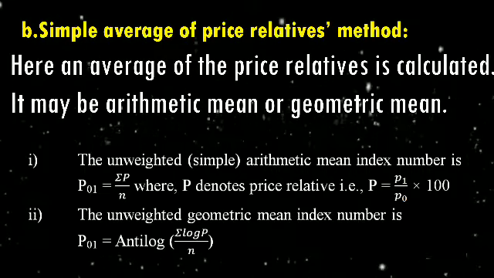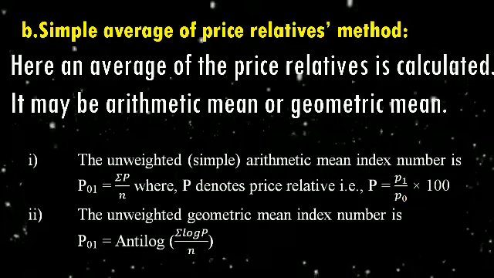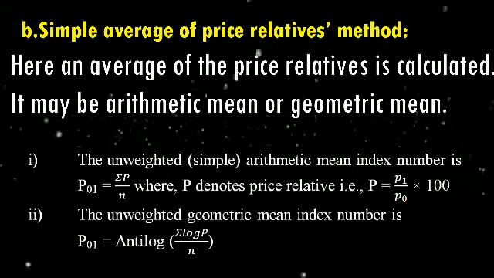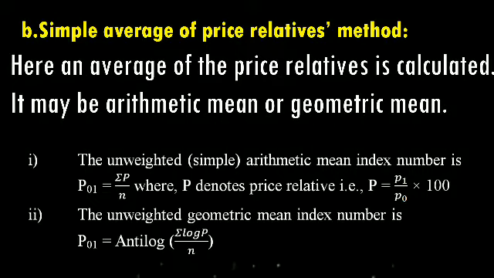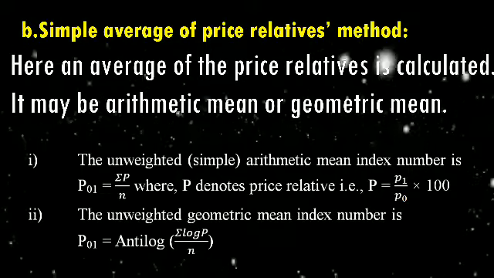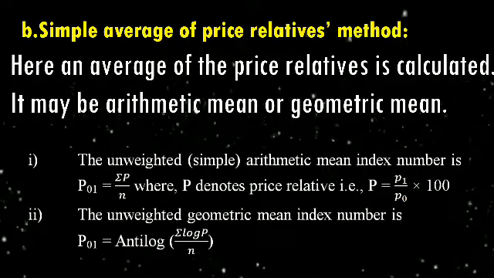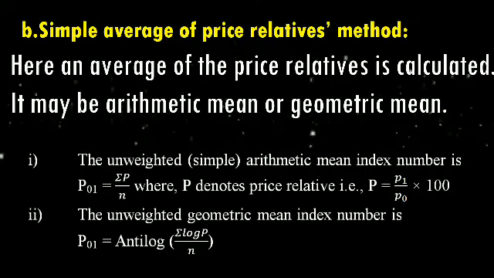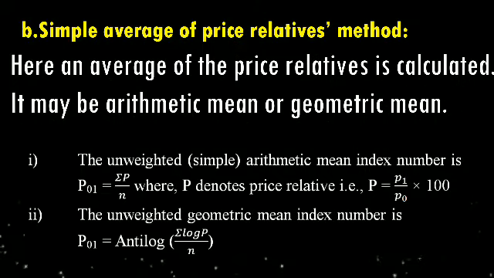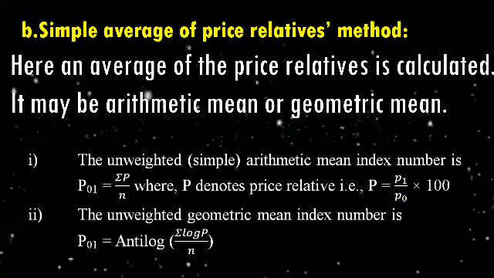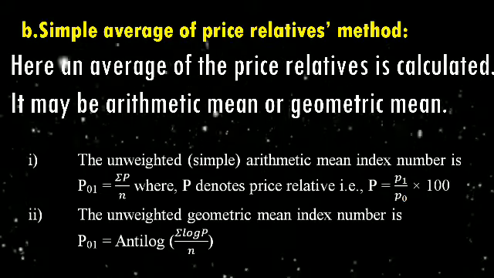In index numbers, you are comparing the prices, quantities or values of two different years. The comparison is made between two different years. You are finding the relative changes, for which geometric mean is considered the best average. This is used for studying relative changes, ratios and relative changes. That's why geometric mean is the best average, whereas AM, arithmetic mean, is the simplest average for the computation of index number.